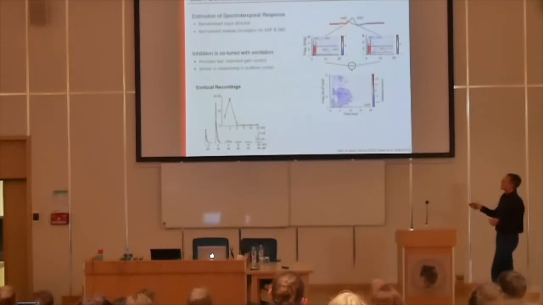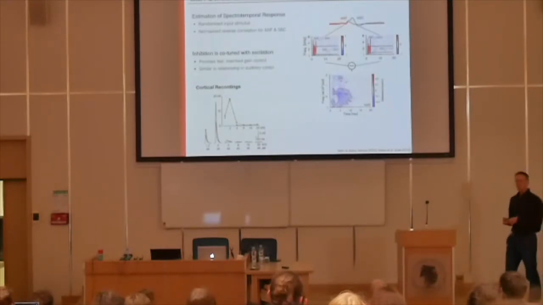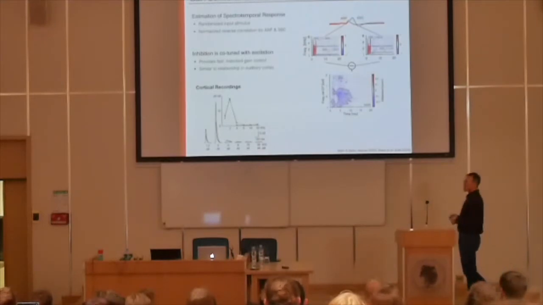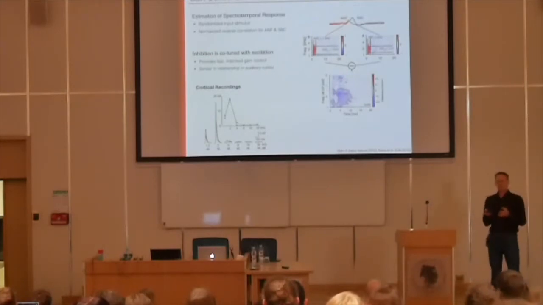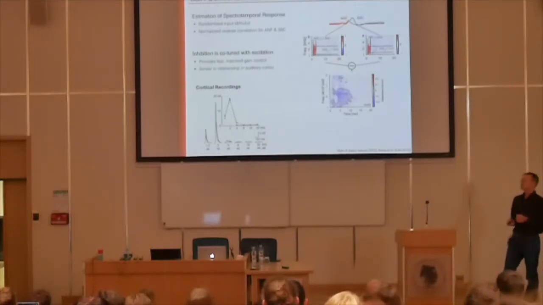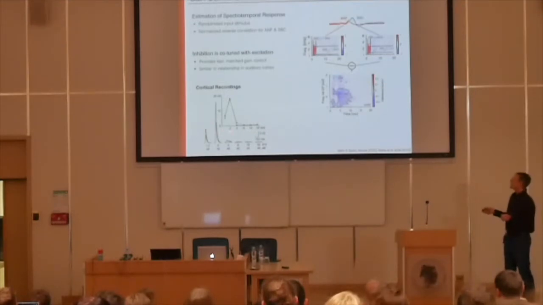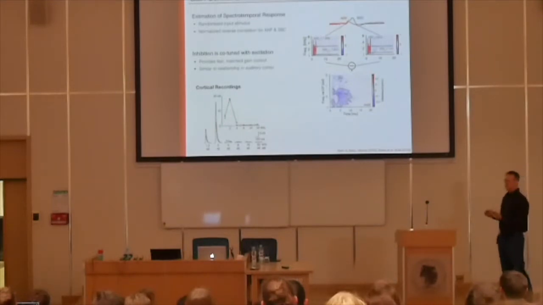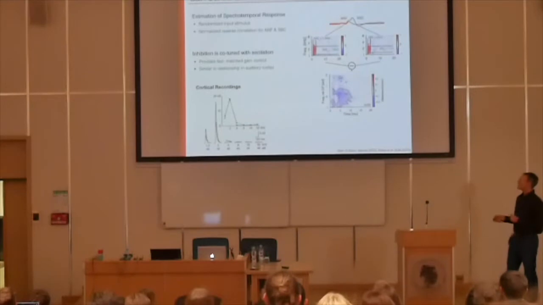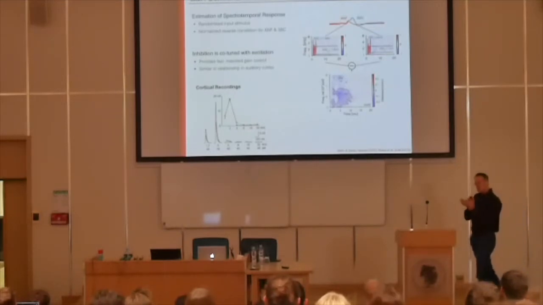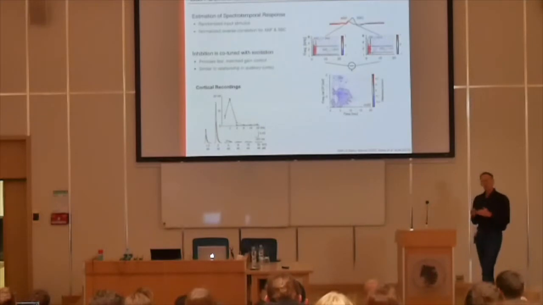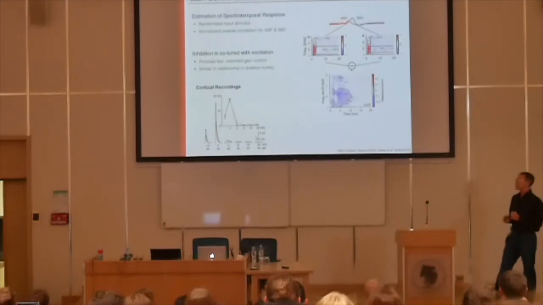One thing that's quite exciting to us is that this is actually very close to what you find in cortex. This is a very good paper by Bernhard Englitz in 2003 in Nature, where they did in vivo intracellular recording, and they mapped the excitatory and inhibitory conductances. You can see that they're extremely well matched in frequency, so the acoustic stimulation frequency, and also in timing. We don't see this here because it's a 100 millisecond time scale, but we have a small delay between excitation and inhibition, but overall you have a very good level of co-tuning between the two.